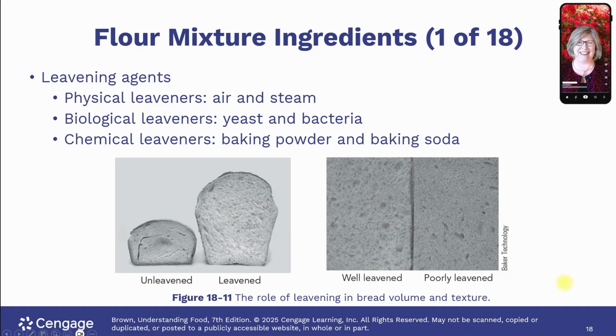In figure 18-11, you see the role of leavening in bread volume and texture. So take a look at this. This is your crumb. This would be the leavened bread versus unleavened, which, unleavened bread would be very dense. Definitely not leavened by air or steam or anything else. And on the other side here, we have well-leavened bread, poorly leavened bread, a little bit closer up. So it's drilled down a little. You can see the crumb, how dense the poorly leavened bread is versus the well-leavened bread with these open cell